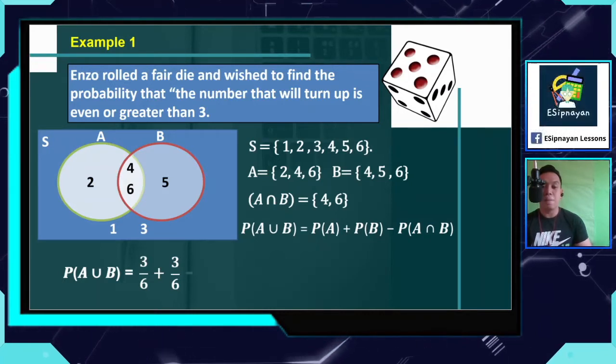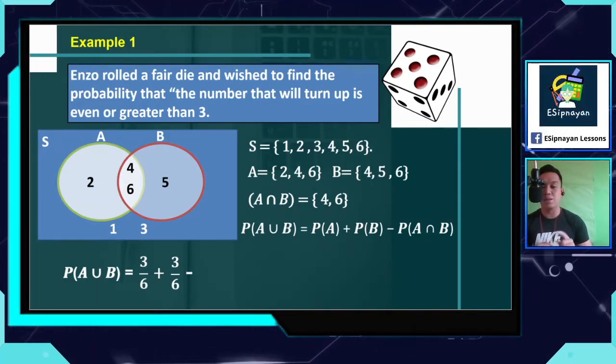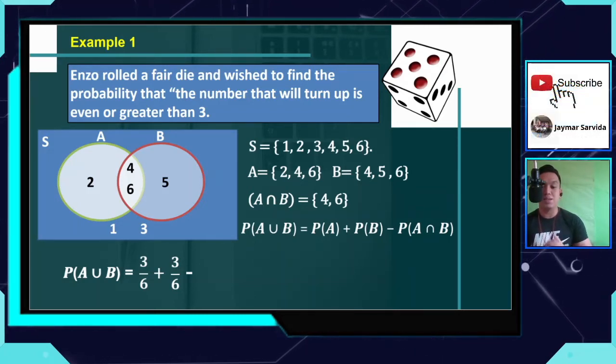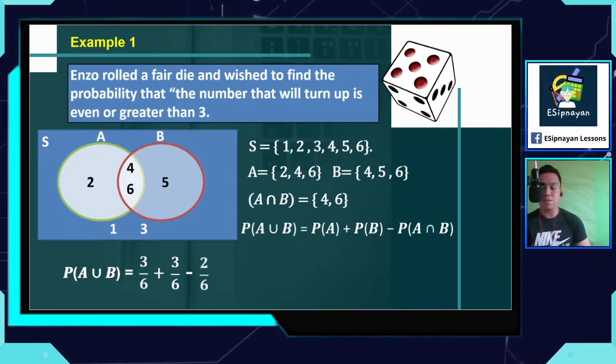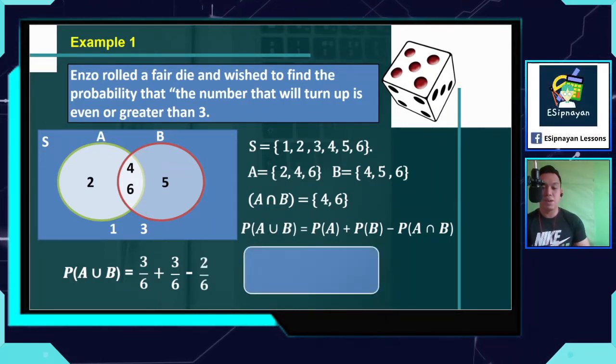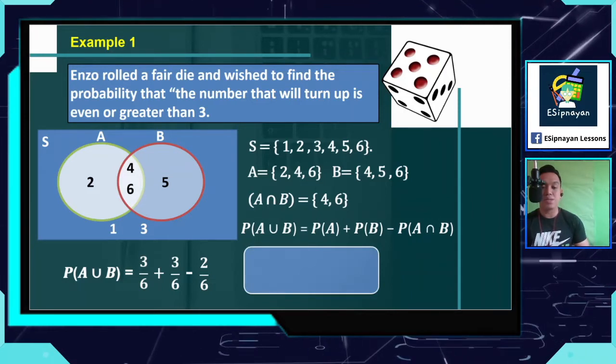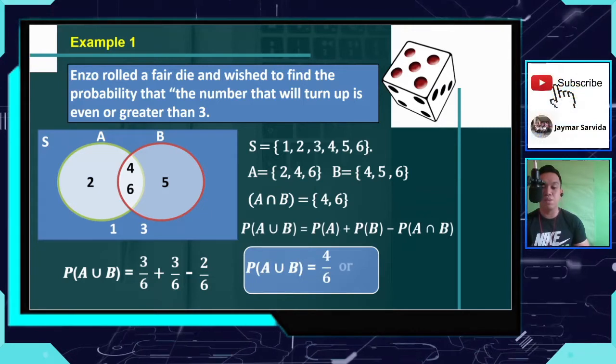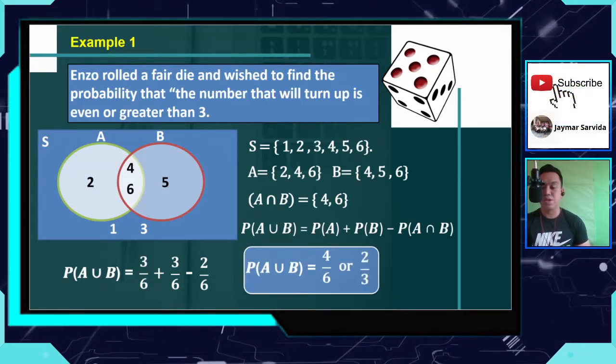Okay? Minus the probability of A intersection B. So what is the number of favorable outcomes in A intersection B? That is 2. Okay? So therefore, the probability of A intersection B is 2 over 6. Okay, then simplify this one. So that will become 3 plus 3 minus 2 is equal to 4 over 6 or 2/3 kapag kinuha natin